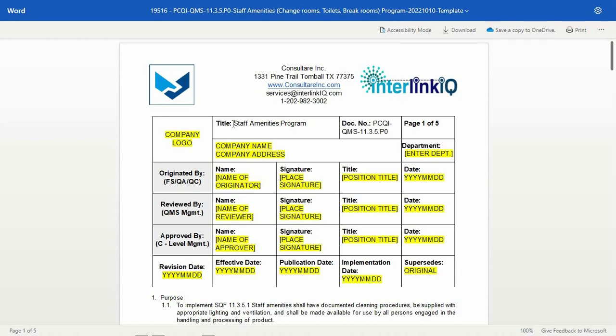To conduct a document review utilizing the Staff Amenities Program under the SQF Module 11.3.5, first check if the document title matches the uploaded file name on the dashboard. In this instance, we do have the same titles as the Staff Amenities Program. Next, both must have the same document code. For this example, we do have